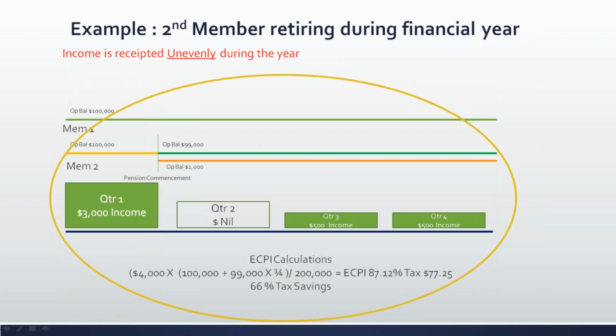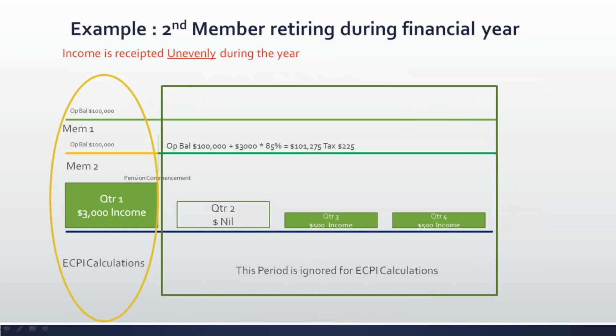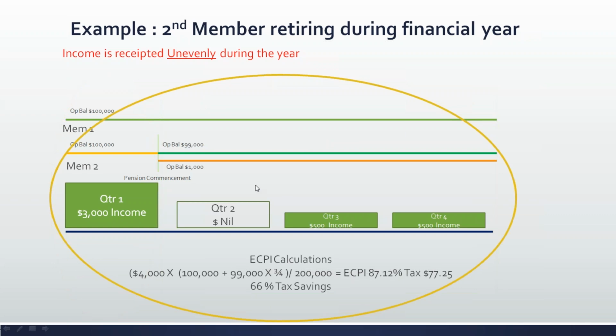Now, what we suggest in this case is when we have uneven income, so we've used the income scale to be the same as the previous calculation over here. So what we have seen is that instead of converting the whole amount into pension, we can have some amount. In my example, I have used $1,000. You don't even have to have $1,000. You can even have $1 in accumulation. So it'll be a good idea at this point of time, instead of commencing a pension with the full $100,000, to commence a pension with a little amount and leave something in the accumulation